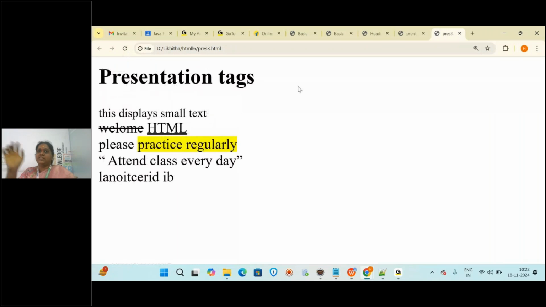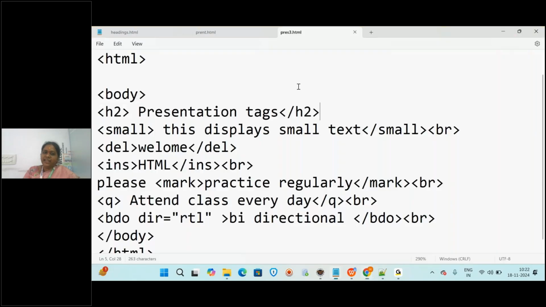Ma'am, I want this in the center of the page. For that, for the H2 tag, as I said, tags will have attributes. H2 is displaying as a heading, but you want to add some additional property, so that the heading is in the center or right or left.